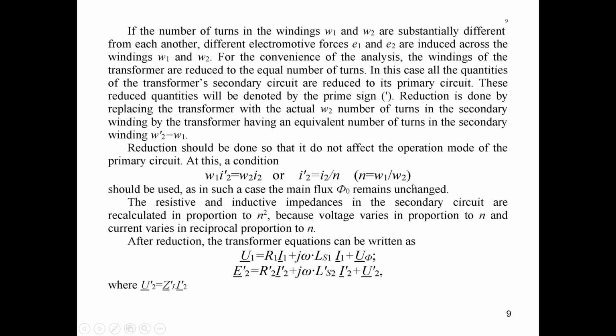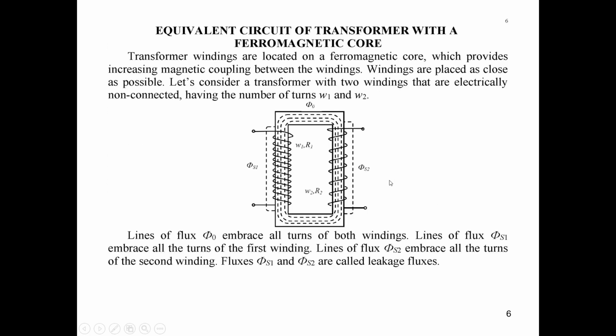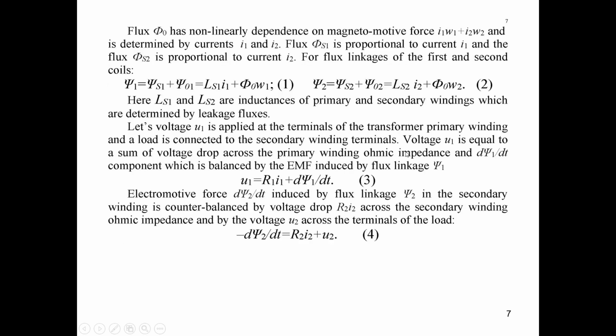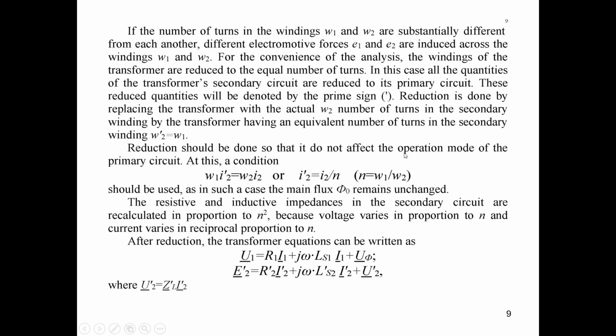It will be greater than 1 because in all transformers the number W1 of primary winding is greater than the number W2 of secondary winding. Why? Because for transformers, as a rule, we would like to have bigger current in the secondary circuit than in the primary circuit, and it may be gained by decreasing the number of windings of the secondary circuit relative to the number of windings of the primary circuit. So we will introduce here